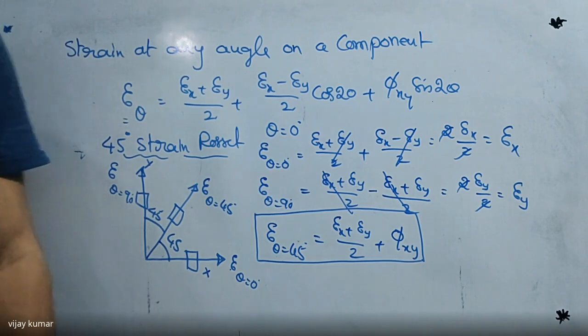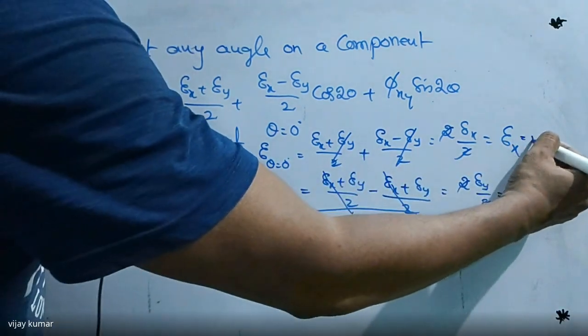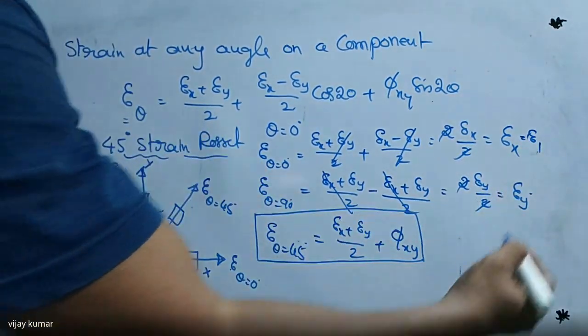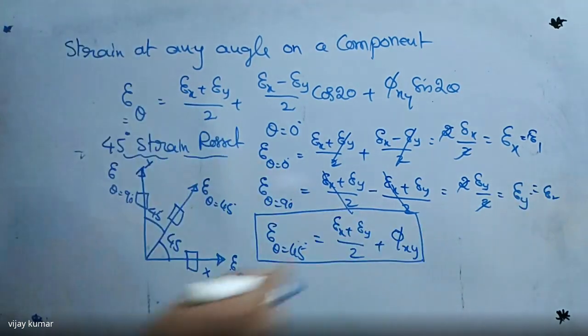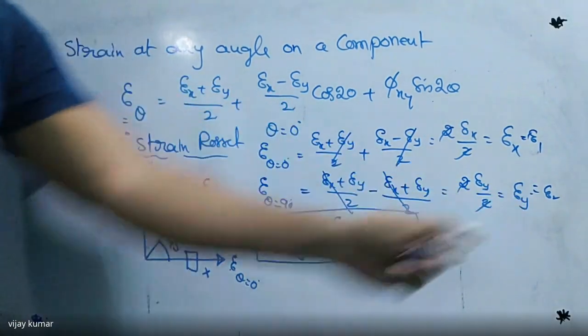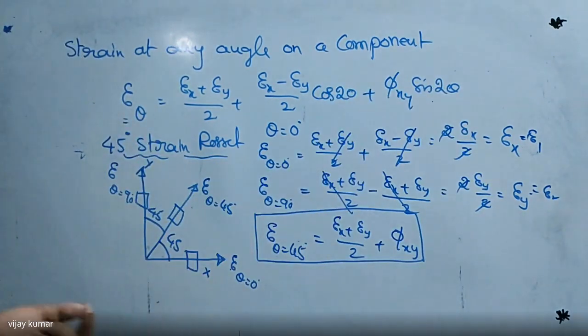After that, it is also equal to how much? Sigma 1, sorry, epsilon 1. It is also epsilon 1. It is also equal to epsilon 2. So here I am saying it is epsilon 1, it is epsilon 2. After finding epsilon 1 and epsilon 2, automatically we are going to substitute